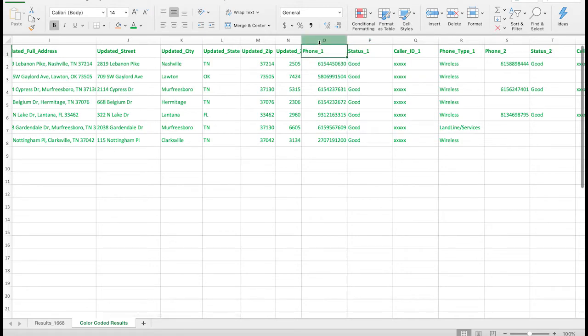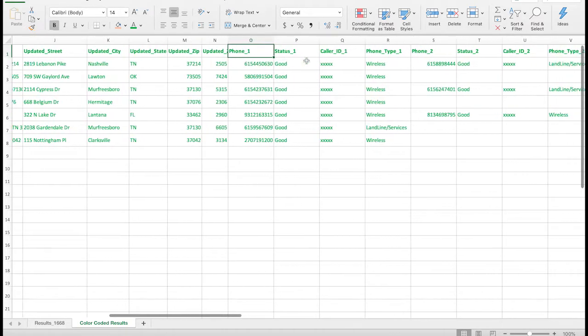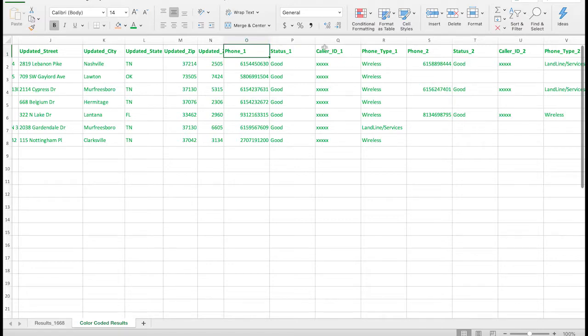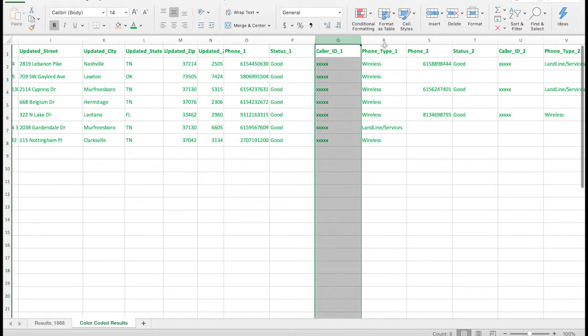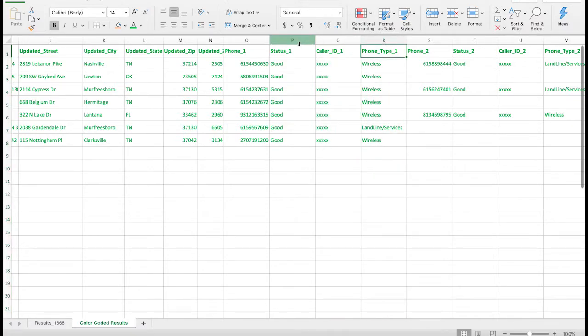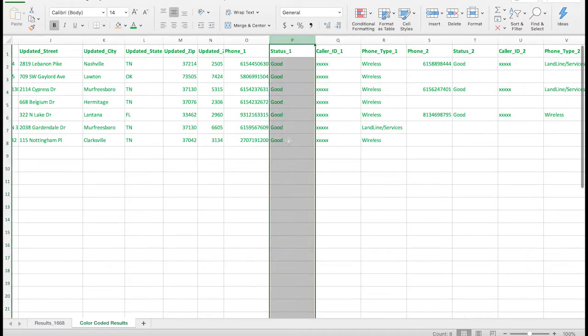Next begins the phone section, and you'll see each phone number has 4 columns. The phone number itself, a status column, caller ID, and phone type. Status column will list the phone number as good.